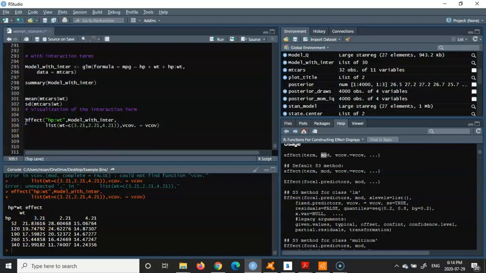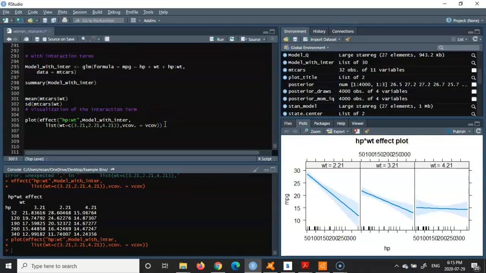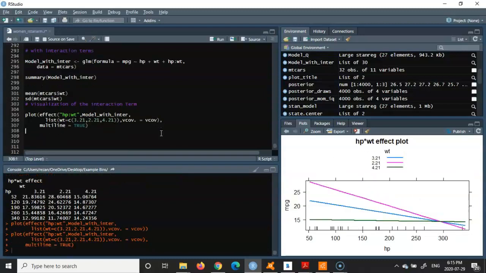But the thing that we just want to do, we come here to plot. This is the effect model that we had. You see that the plot is going to be something like that. However, I'm just going to add another line, which is going to be a multi-line, so we have everything inside one plot. Multi-line, I put that equal to true, and I'm just going to go ahead and execute